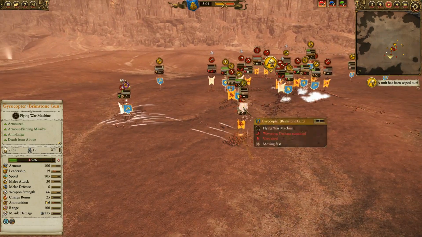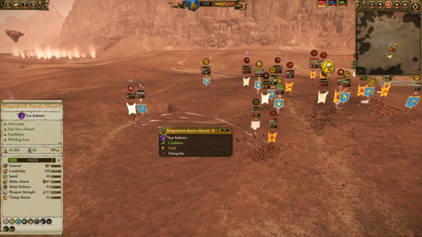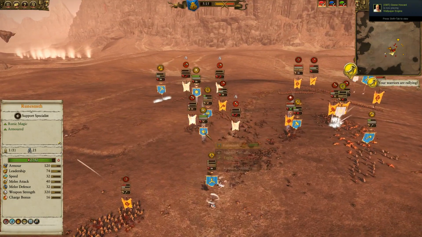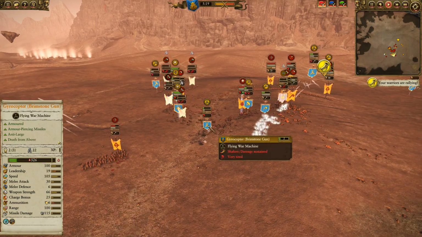He's going to do a quick bombing run with his Gyrocopter on these Ungor Raiders. He's managed to shatter these Bestigors, does another bombing run. This is unbelievable play. Everything is happening so fast. He's got his Runesmith coming in here fighting this Bestigor herd, and now he's really got to find a good